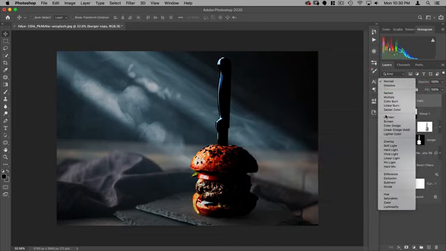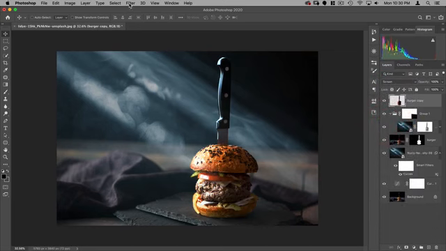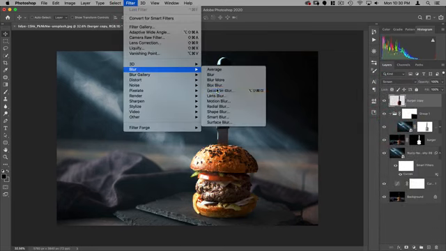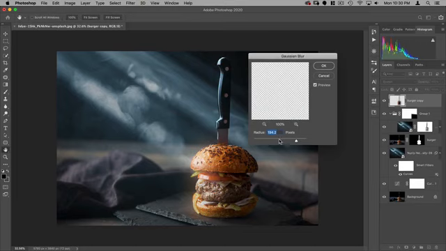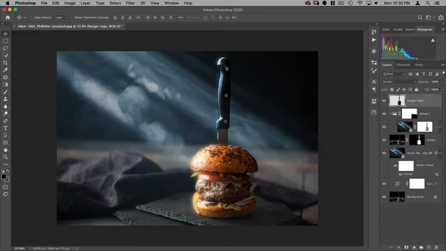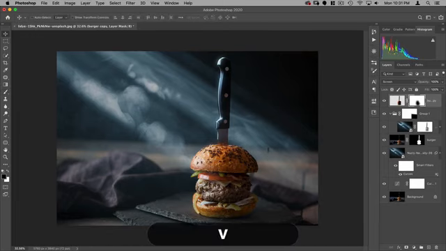I'm going to change the blend mode on this to screen, and then I'm going to go to Filter, Blur, Gaussian Blur. And let's put this on 50. You can see now we get that appearance of it glowing. I don't really want it so much here. I mainly want it on the knife. So I'm going to add a mask again, and then with a soft brush, black as my foreground color, flow of 25, I can just brush out where I don't want it here. All right, that looks pretty good.